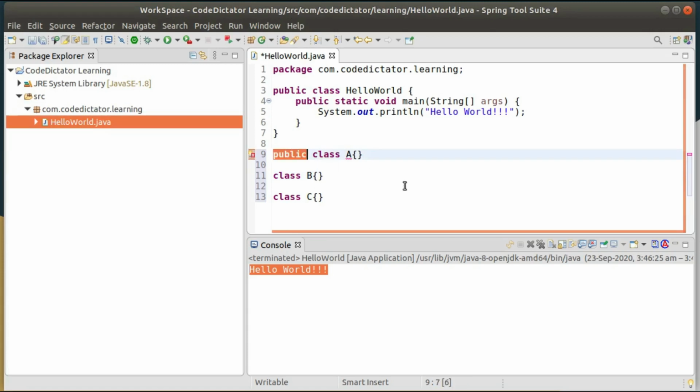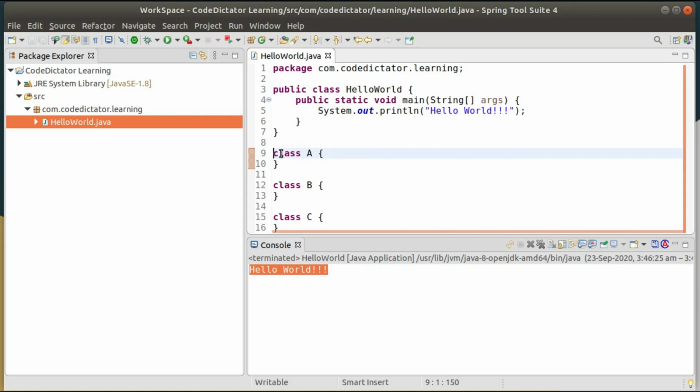If I make that class public, it gives a compile time error. This is the only condition. If I am not giving it as public, it will work perfectly fine. This is the default scope of my class. So if you run your program, it will run.